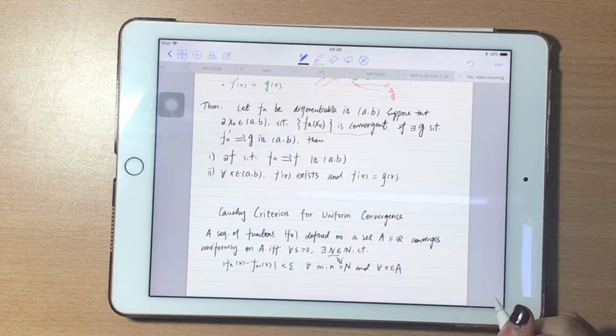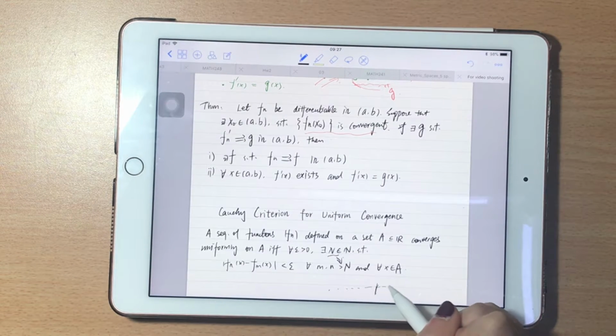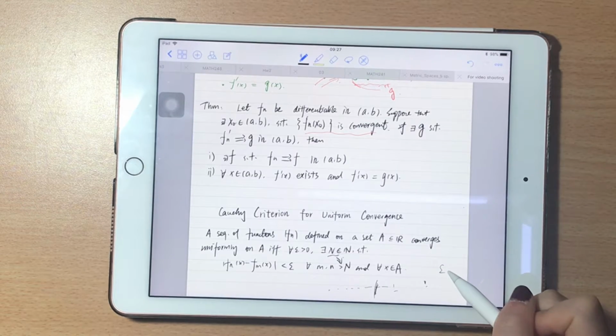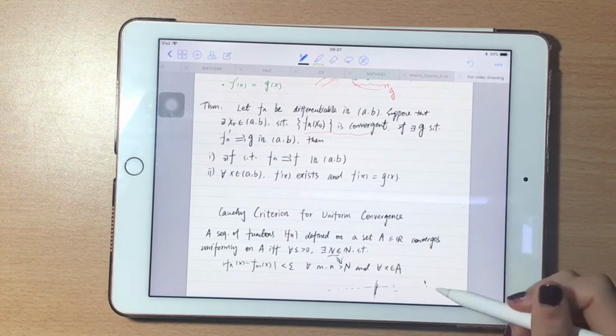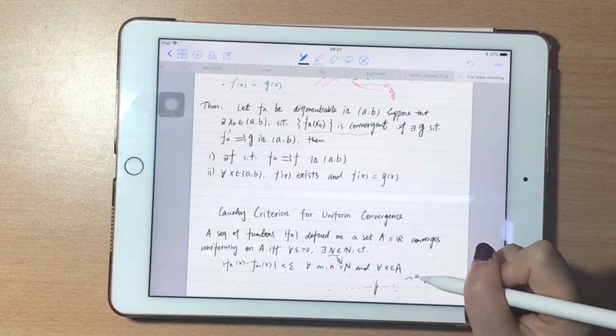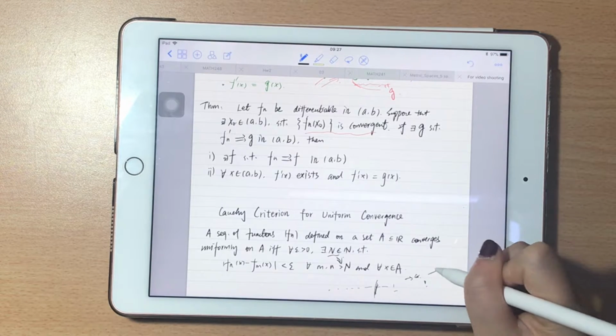And if you remember the Cauchy sequence, I think the difference between a Cauchy sequence and a convergent sequence is quite subtle, because a Cauchy sequence is basically saying that the difference between any two terms after some capital N, so after some point, the distance between any two points will be smaller than epsilon. So actually the distance will be getting smaller and smaller. So any two points will be gathering together because their distance will be very small and almost equal to 0,